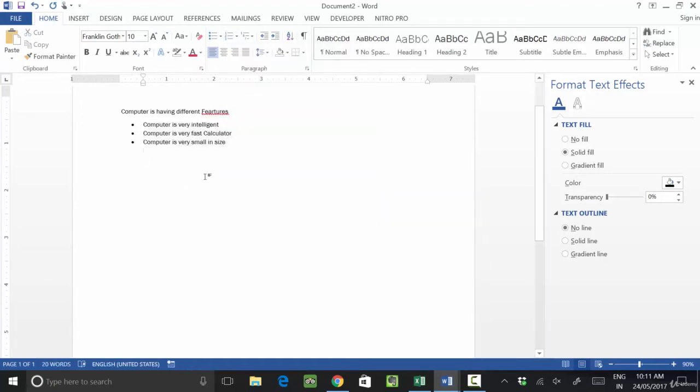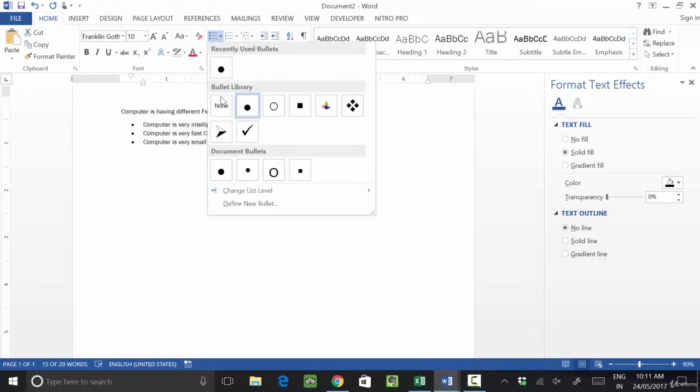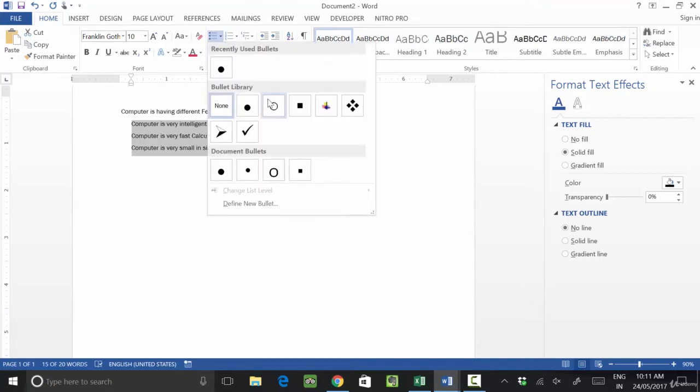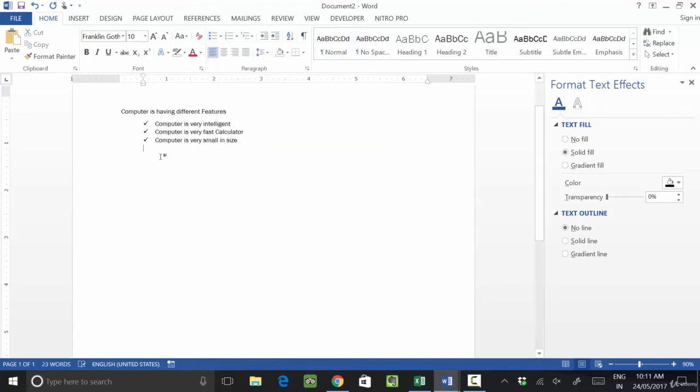So I have written this text and I want to reflect these features in different bullets and numbering. In that case, you can apply bullets and numbering on it. If you want to apply bullets, simply go to bullets. We have different bullets available here. If you say none, your features will be reflected normally. But if you want to highlight with specific symbols, then you have to use the bullets option from here. So I can choose. If you select, you see a dotted sign is coming, a square sign is there, we have a tick mark sign. So we are writing our text with a tick mark.